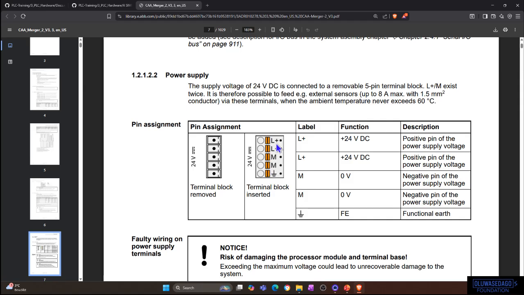Here, L plus means 24 volts connection, right? And here we have two L plus connections. So you also have two M and one earth. Usually in the control engineering world, we have what we call redundancy, which means when a power supply fails